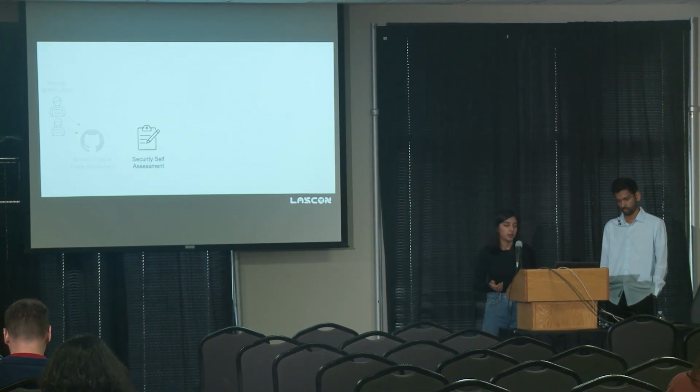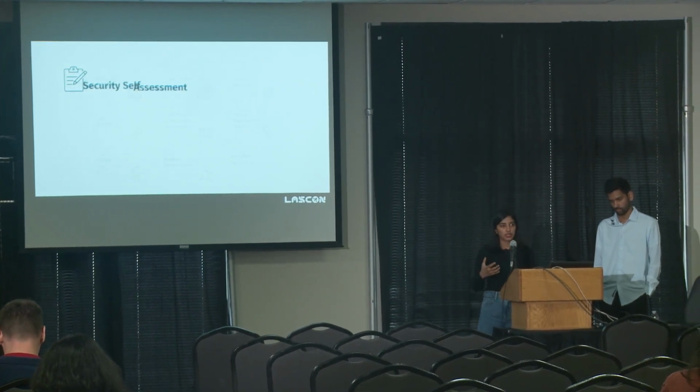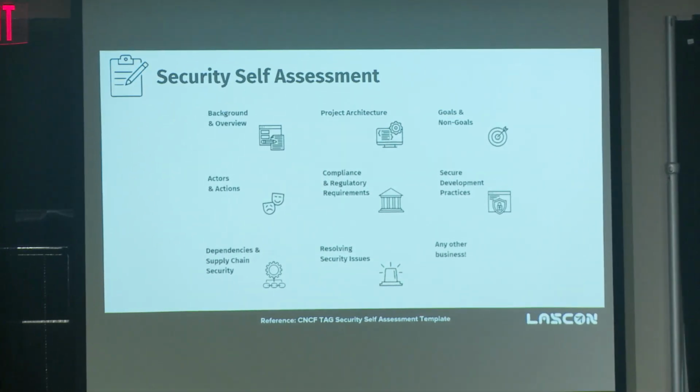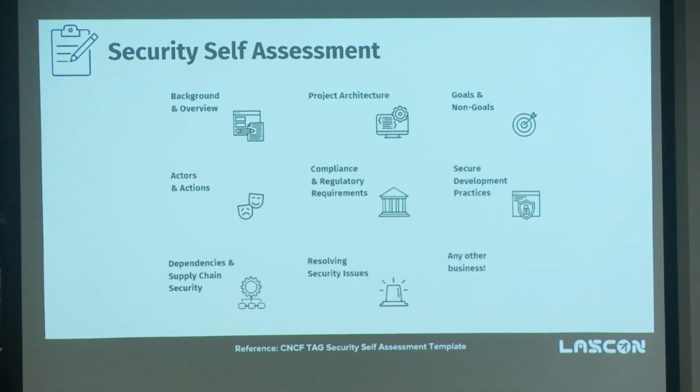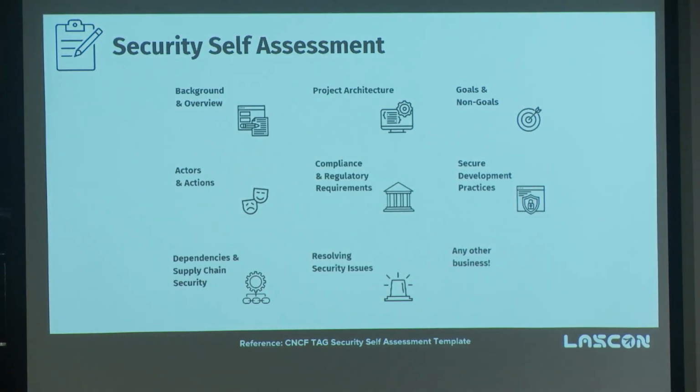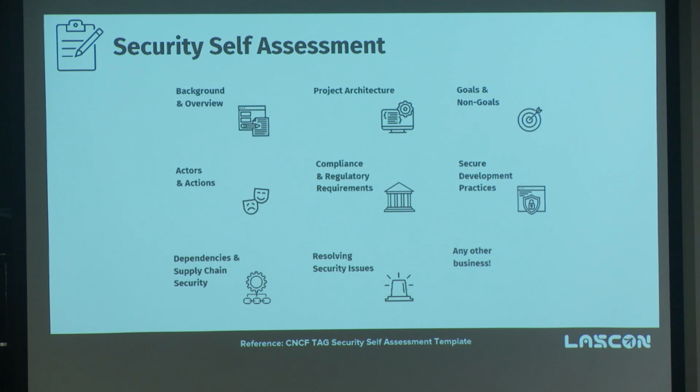And once this is implemented, when the project is gaining traction and it's reached a phase where you know what the goal of the project is, you know who the end users are going to be, what kind of actors and actions are involved in this project, document all of these in terms of a self-assessment guide. This can be as simple as providing an overview of what the goal of the project is, who the actors involved are, what the security properties essential for your project are, and who the end users are going to be,